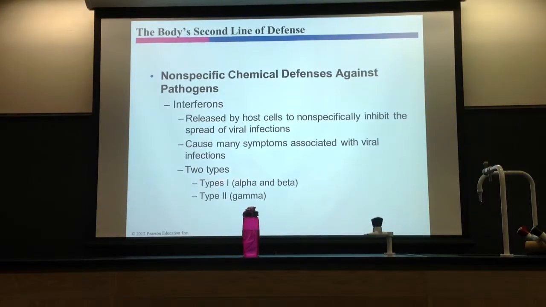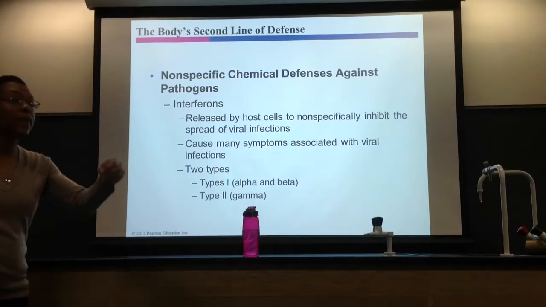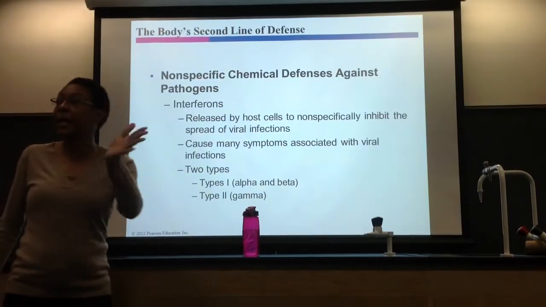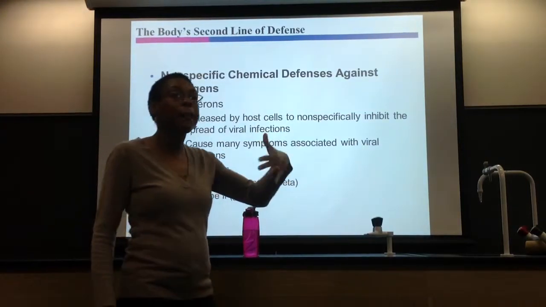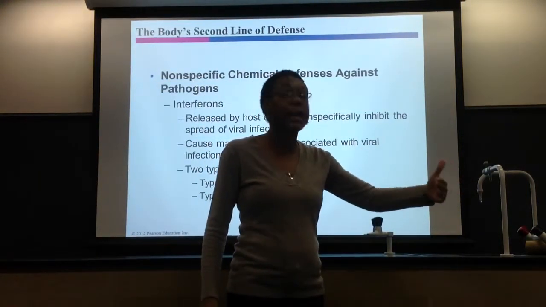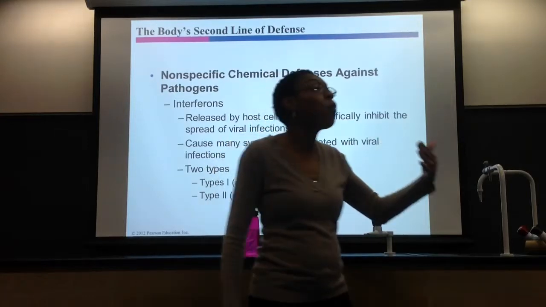Now, type 1 interferons come early on in the viral infection. They happen really early on. Because type 2 interferon is made by T cells, remember, T cells are part of the immune system. They are part of the adaptive immunity. They're your third line, right? That's like playing seed. They come in later in the infection. So type 2 interferons come later on, like days later, compared to type 1.